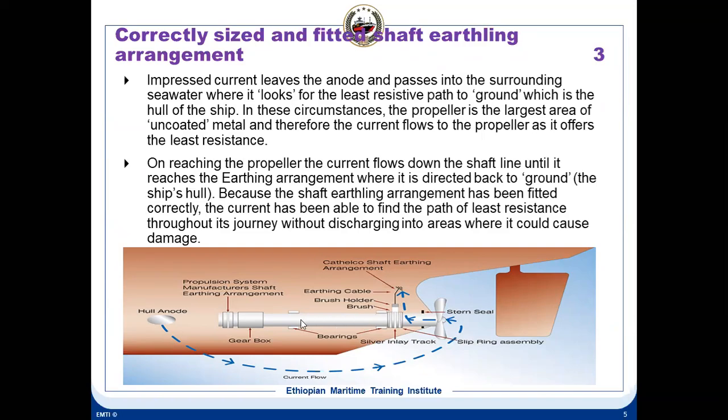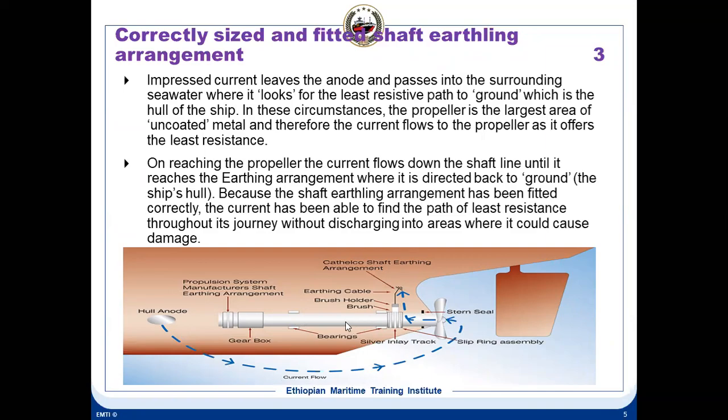Okay, so in the case of electrical propulsion ships, there is a possibility that this side is the motor side, and the current can also enter from here. Otherwise, for normal ships without electrical propulsion, the current is flowing from the anode side, also from the sacrificial anode. The current can come and get in through this propeller and come to the propeller shaft. This is the way the current is entering, like this.